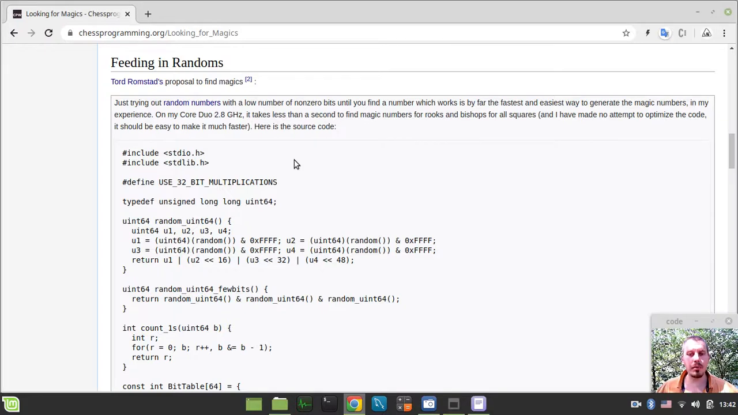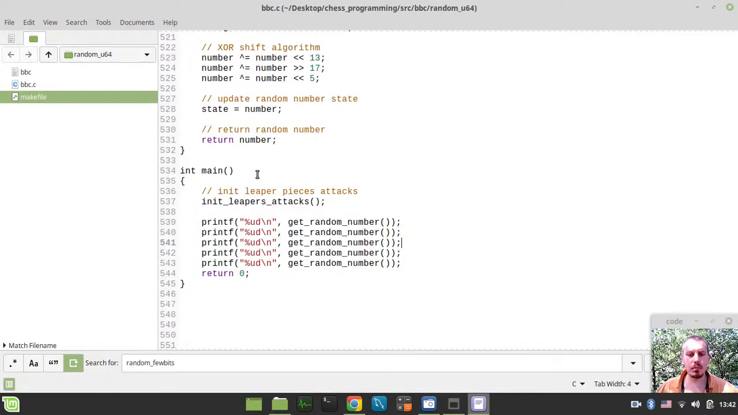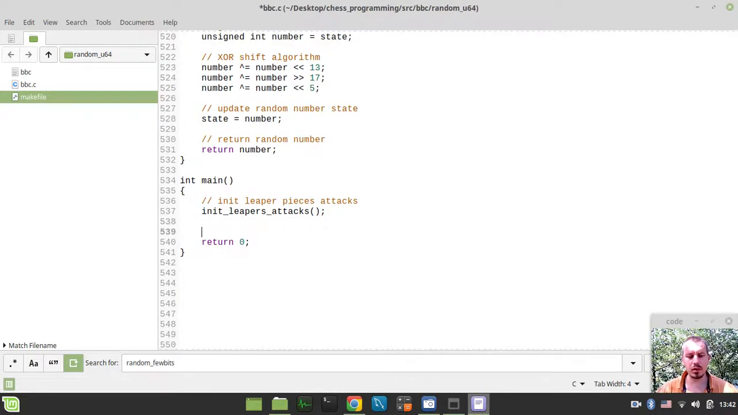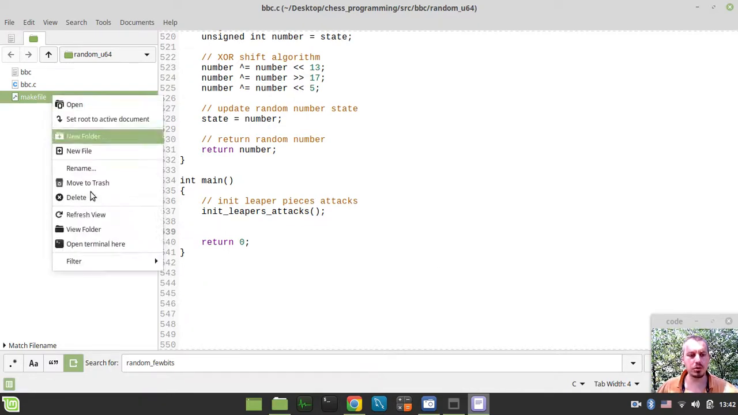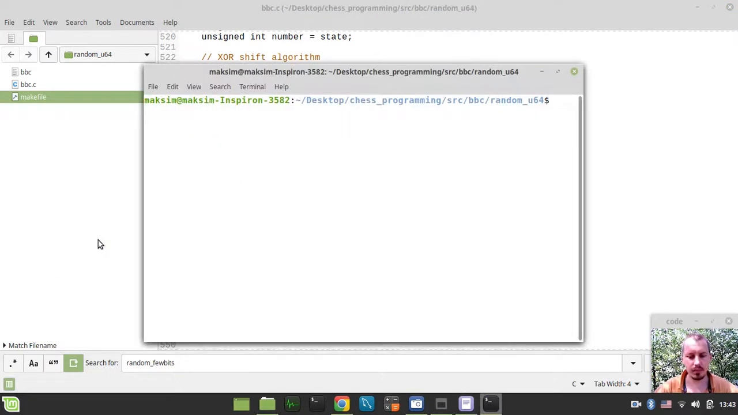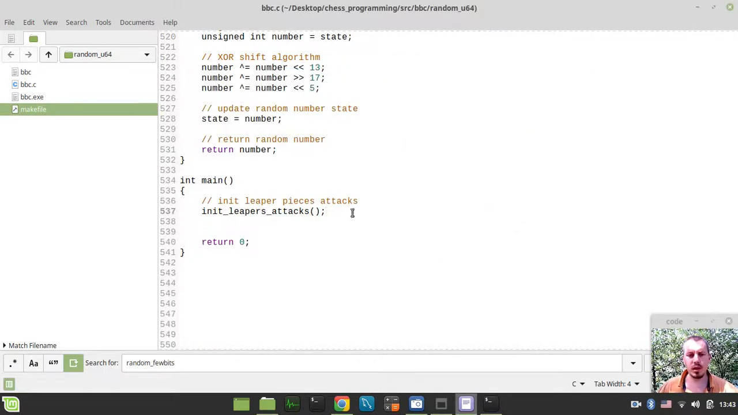So bearing this idea in mind, that we need a low number of non-zero bits, we'll actually go and start writing some code. But before that, I just want to show you this visually to give you an idea of what this is all about when we talk about the low number of non-zero bits. So let me open the terminal in the current working directory, type make debug, and if it compiles, run the BBC binary executable. Okay, and here I just want to print a bitboard,